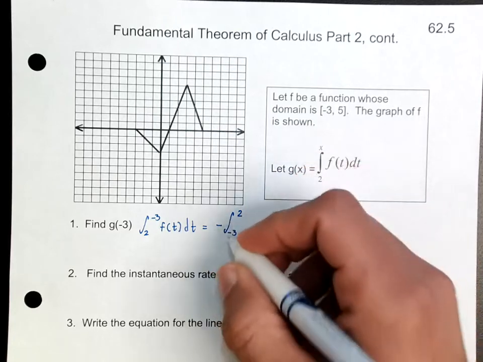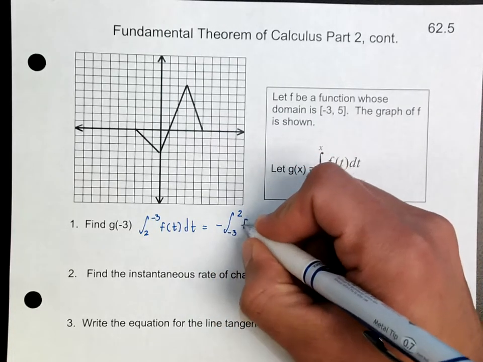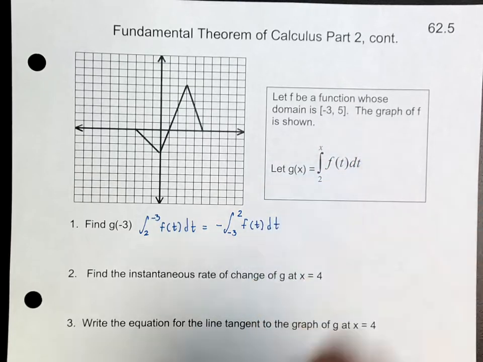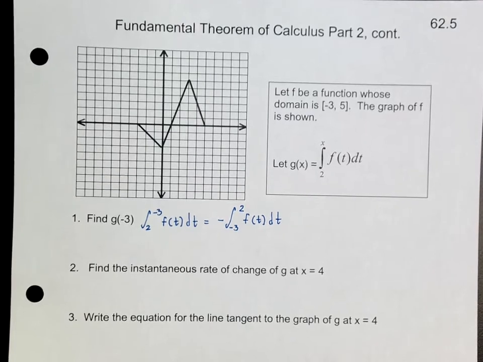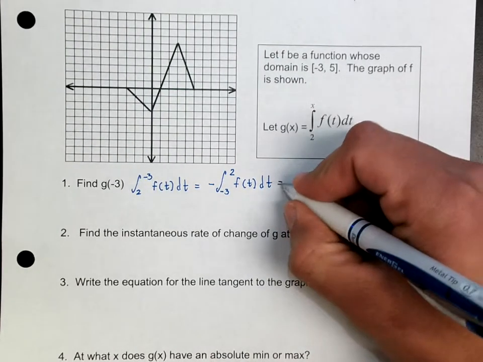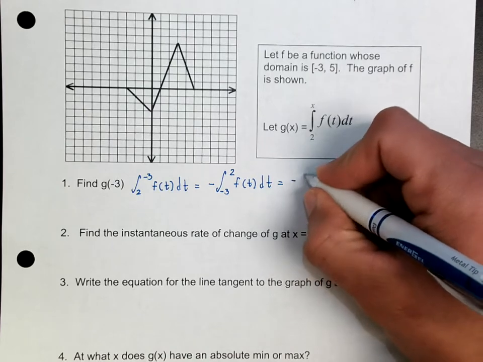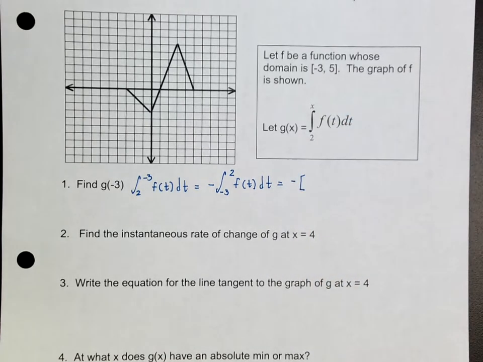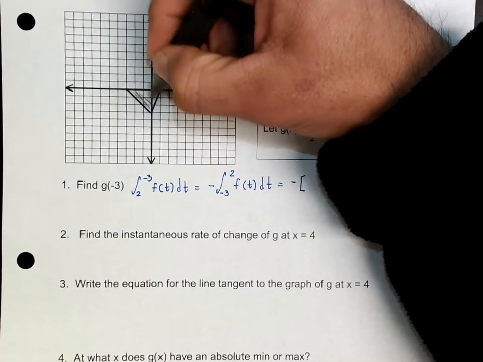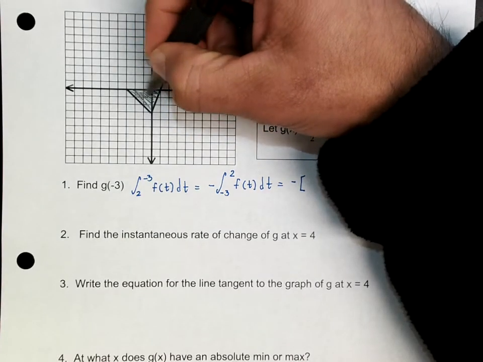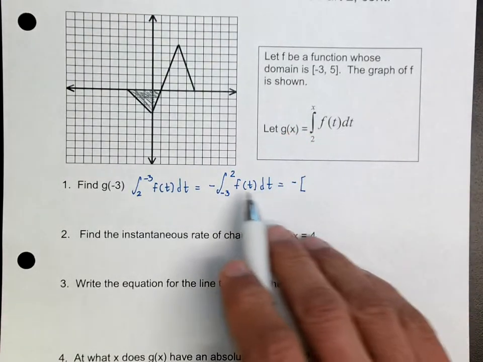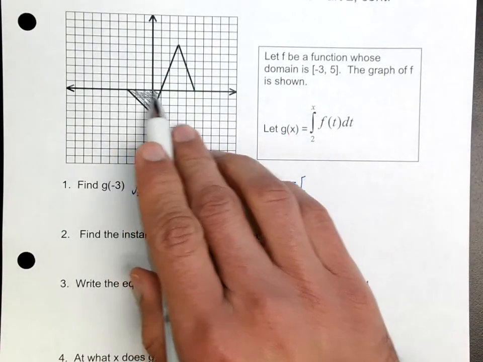And remember that what I'm writing right here actually came from lesson, I believe, 60. Okay, so you can do that. Now notice that for me to take the antiderivative of this, that's the same thing as me taking the area under the curve, which in this case is the area of this triangle right here. I have to go between negative 3 and 2, so negative 3 and 2 is all the way